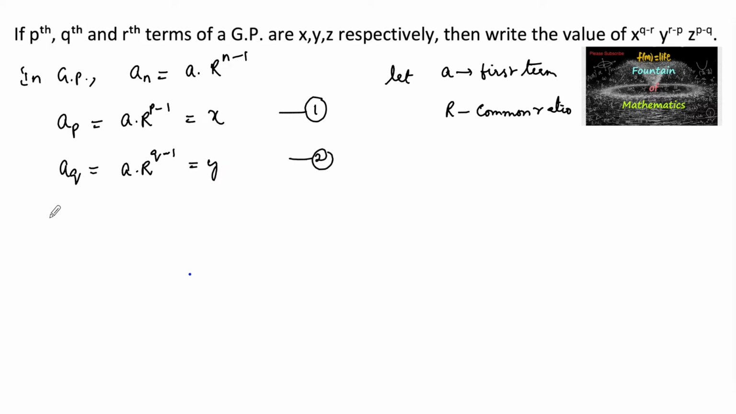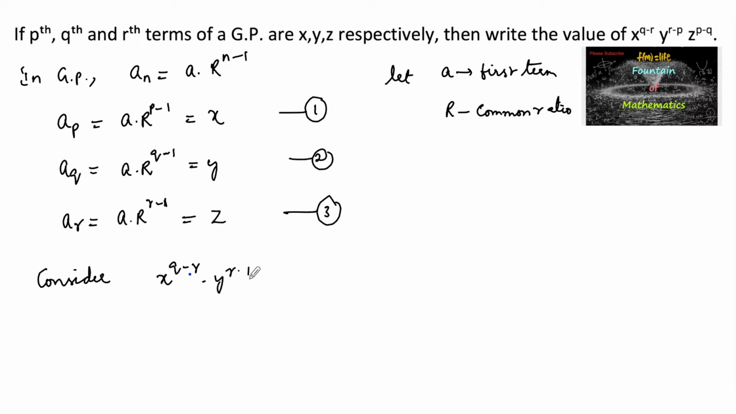Say this is the second equation. And the third one, the rth term ar is equal to a into R to the power r minus 1, which is equal to z. Take this as equation 3. Then we need to find x to the power q minus r into y to the power r minus p into z to the power p minus q. So let us consider x to the power q minus r into y to the power r minus p into z to the power p minus q, which is equal to